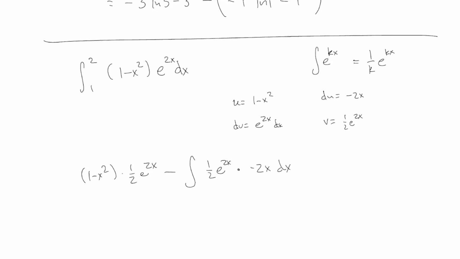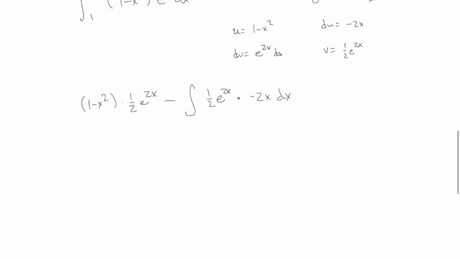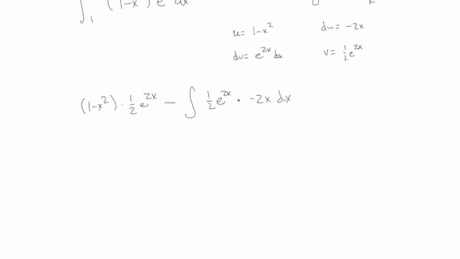All right, can we talk about this? I don't know if everyone is completely finished, but we can finish together if not. So this is what I get when I did the parts the first time. Pretty much everybody got that. We should try to simplify inside the integral sign there. What I see is this 1/2, this is all multiplication here, so we can rearrange the order however we like, and that 1/2 can cancel the 2. I also have a minus sign, which I'm gonna pull out of the integral, and so this business out front is just the same,